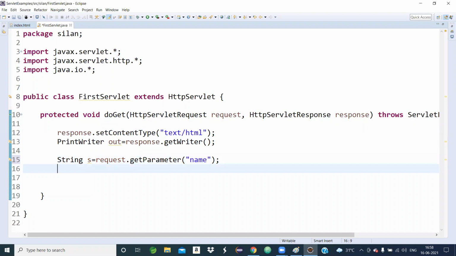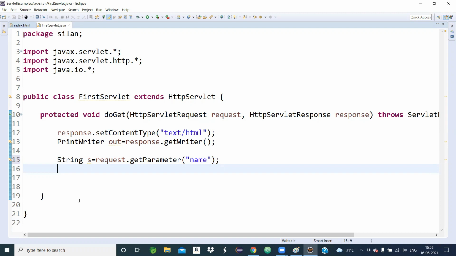For one attribute name, one call; if you have two attributes, you call the getParameter method two times; if you have five attributes, five times. This is how we process the form data: the getParameter method, invoked by the request object, returns a string variable.